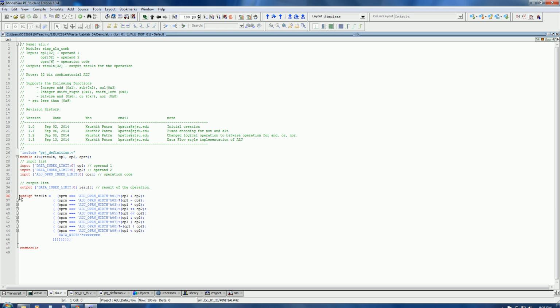In one single assignment statement, the result is assigned through a continuous assignment. We are checking with a triple equal. Note the triple equal here. If the operation equals code 1, which is add, and if it is true, then assign result as OP1 plus OP2. So addition. Else